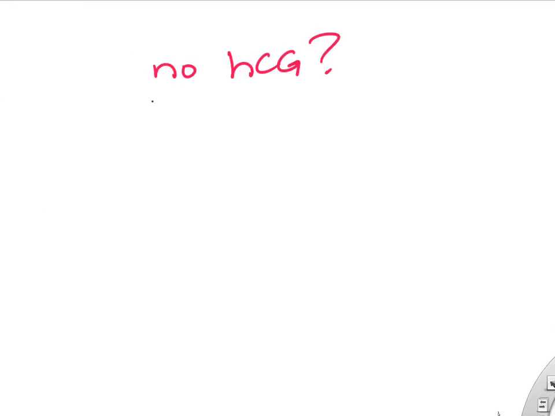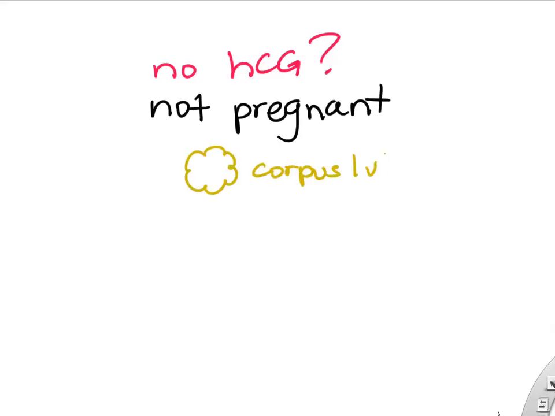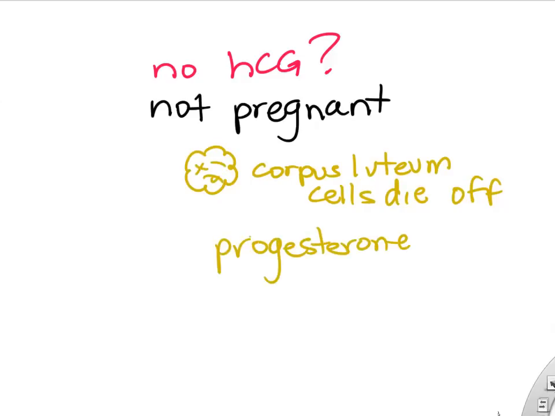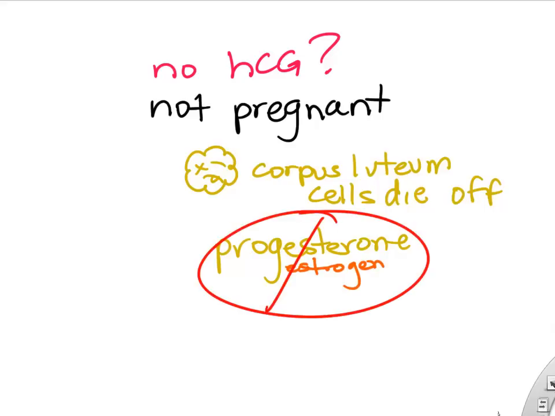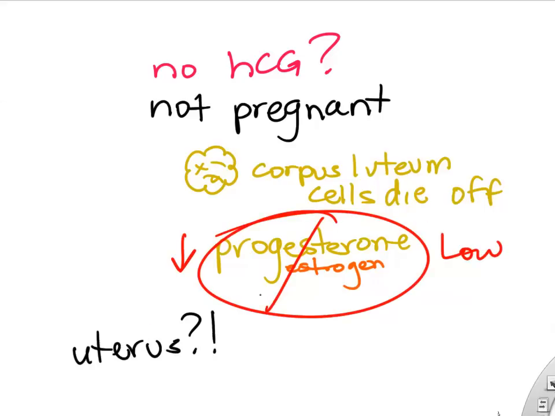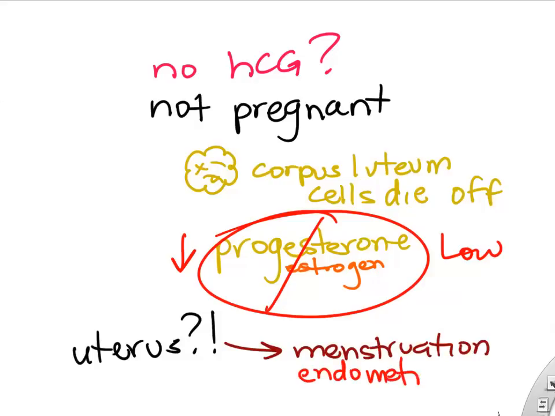If you don't make HCG because you're not pregnant, then eventually that little corpus luteum degrades and dies in the ovary. It's sort of programmed at day 28 or so to die. When those cells die off, you stop making progesterone and you stop making estrogen, and in that case, the uterine lining will degrade, and you'll undergo menstruation, and you'll have the menses, which is part of that endometrium wall, and as well blood. So some people would call that their period. So again, that happens if you're not pregnant.